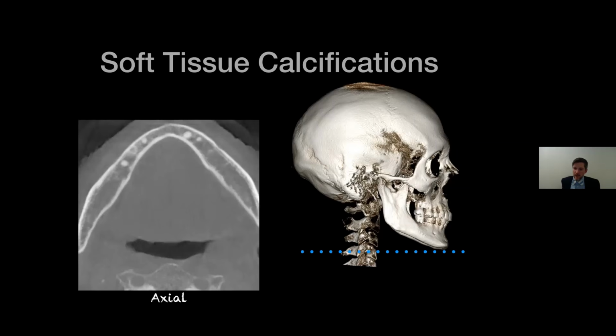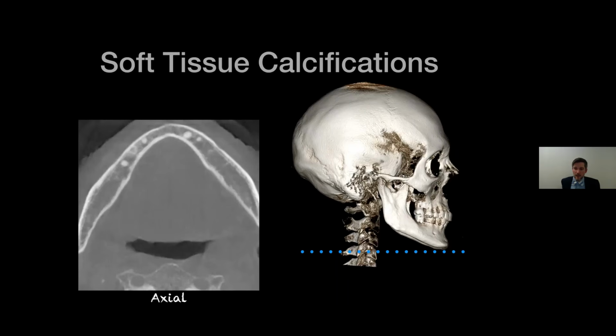And the same person asked, is it recommended to take a separate pan from a cone beam, because the CBCT cannot make real panoramic reformats? Yeah, the resolution might not look as pretty in the reconstructed pan, but I would still use that and go through the slices, because you can evaluate the periodontium better in a cone beam than a pan. So personally, I would not recommend taking a pan just to take a pan because it might look a little better.